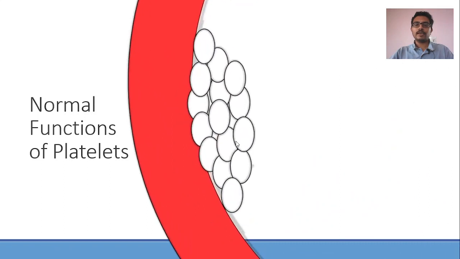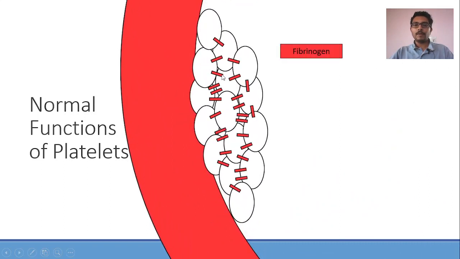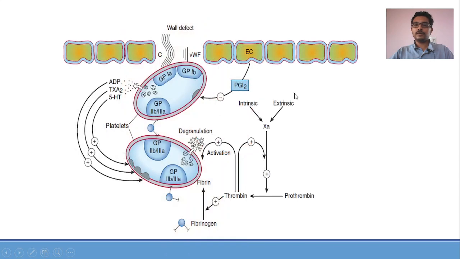If you look at the platelet aggregation very carefully, you can see that it is not the platelet with the endothelium or subendothelium, but the individual platelets that are attached to each other through fibrinogen. So where is this fibrinogen coming from? Let us have a different diagram. As we can see here, subendothelial collagen and von Willebrand factor are responsible for platelet adhesion, and after platelet adhesion there is secretion of these chemicals. These chemicals are responsible for platelet aggregation. In platelet aggregation, between two platelets there is a bridge through fibrinogen. As you can see here, this is fibrinogen.